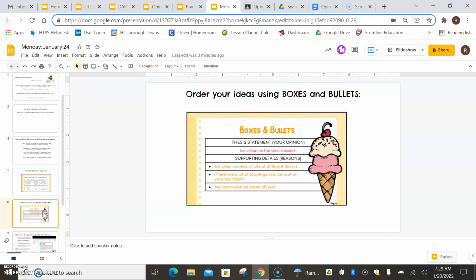You're going to use the timer on this slide, and you're just going to use your notebook to think about some opinions you have and reasons you have. You want to start fresh, so don't look back at the ideas you had before. You want to write it in a brand new notebook page. You may start now.